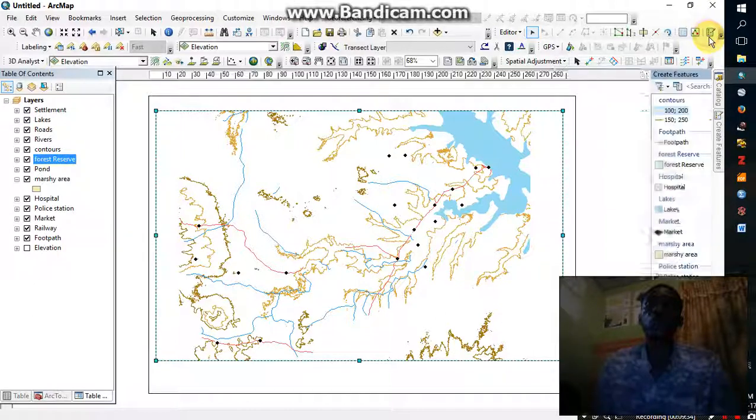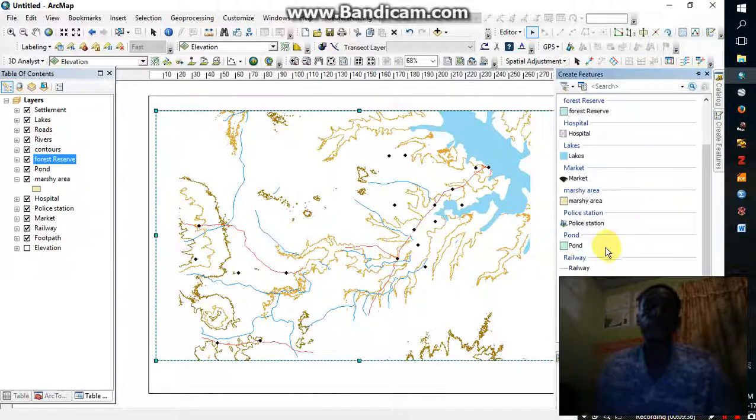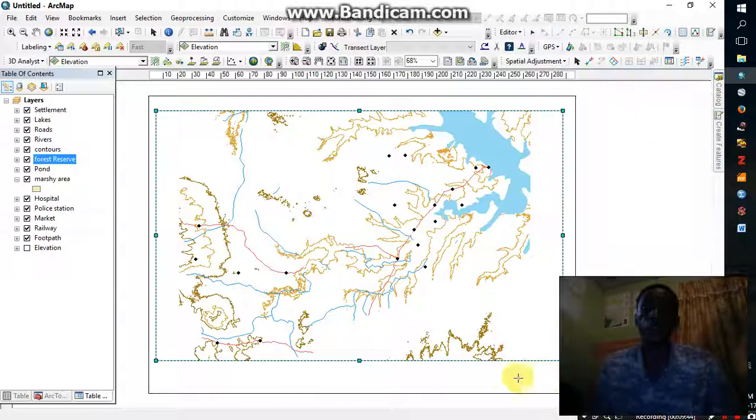So I'll go to create features, the editor, and then click on forest reserve. Usually I prefer freehand. You can also choose polygon. Alright, so I'll insert my forest reserve somewhere here. As you can see, I have my forest reserve. So you can inspect as many forest reserve